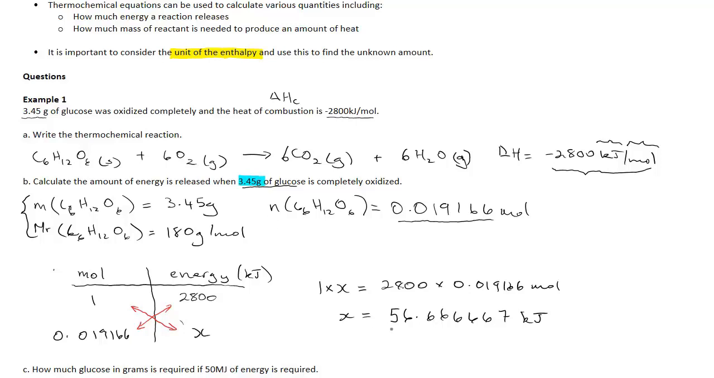So what we do to our answer is we count up to 3 values and then cut it off after. So this 6 here is going to increase the 6 there by 1 unit up. Okay, so it's going to become x equals 56.7 kilojoules. So the answer is therefore 56.7 kilojoules of energy is released